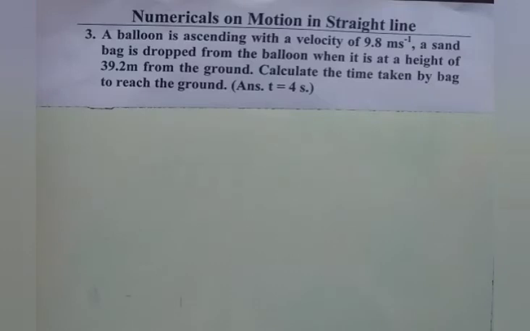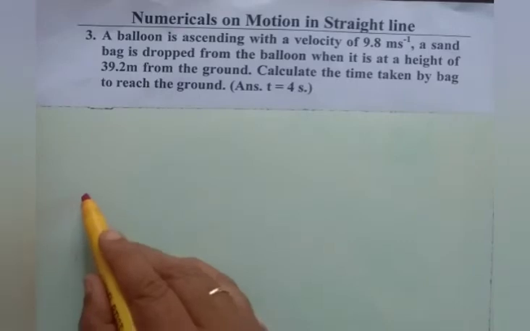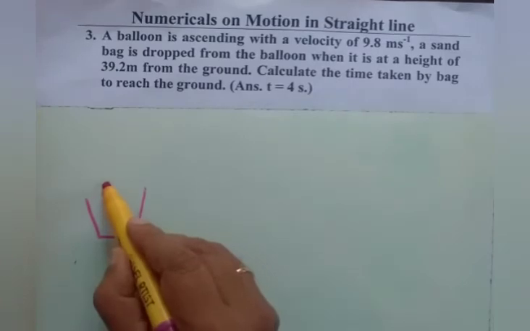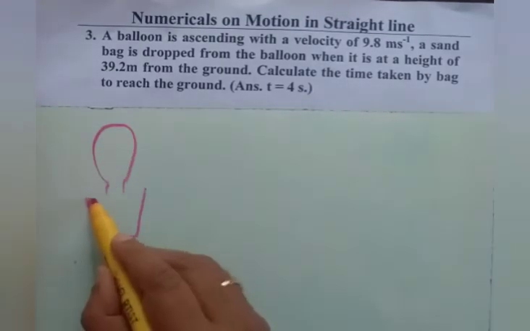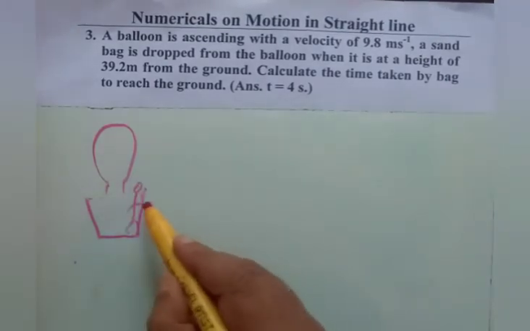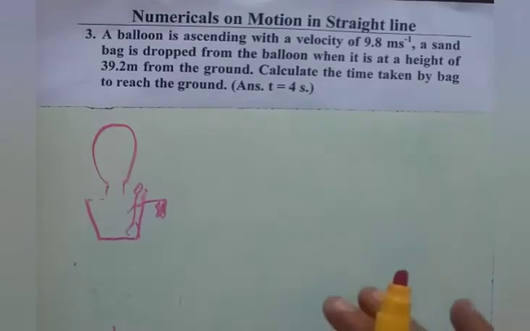We try to write down a picture. Here, balloon is ascending, say hot air balloons in which persons also can go up. Say we imagine. I write the figure first. This is the balloon basket, and here we have the balloon and personnel are standing here. Now, they drop a bag. This is the bag, and we imagine this as the ground.